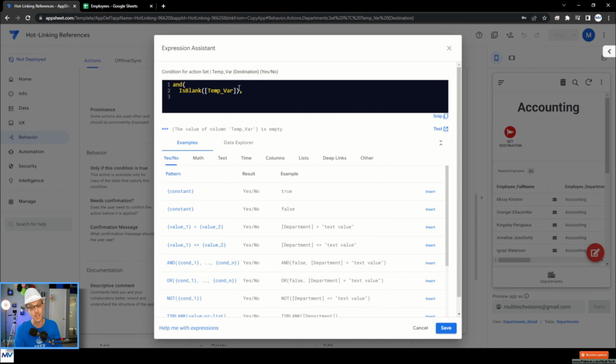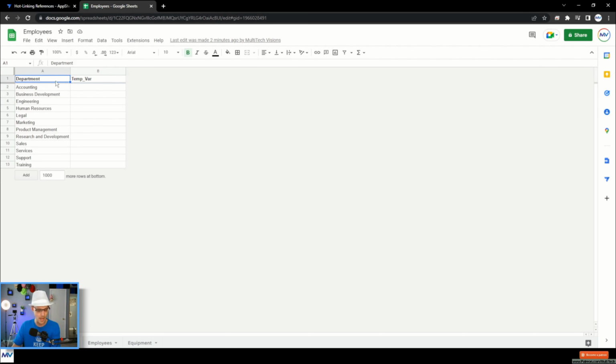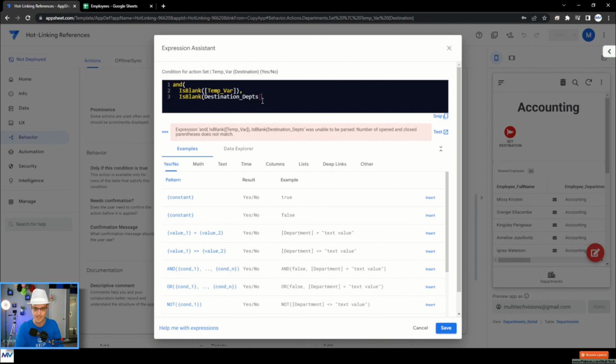And then the statement that I need is almost the same thing as this first one, is blank, but I need it to be that slice, right? And then whatever the ID is for that table. In this case, it's this one right here, department. So I'm just going to copy the name, right? That's the key for that. So if is blank,